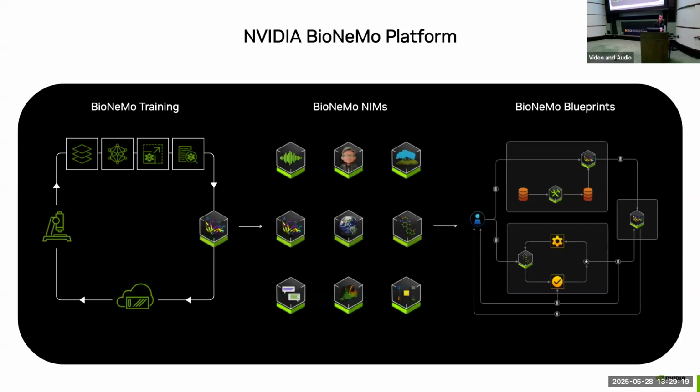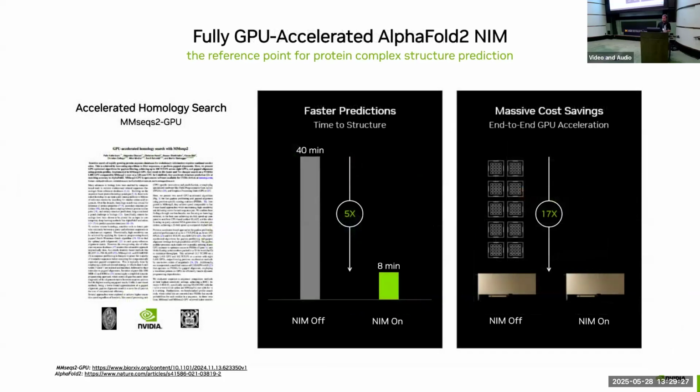So if you think of virtual screening, for example, there's the ligand generation, there's the protein folding, and then binding them together. So how do those actually compose together? Okay. Just to give you an example for these NIMs, here's AlphaFold 2. Anyone here run a lot of AlphaFold 2? Yeah, AlphaFold users.